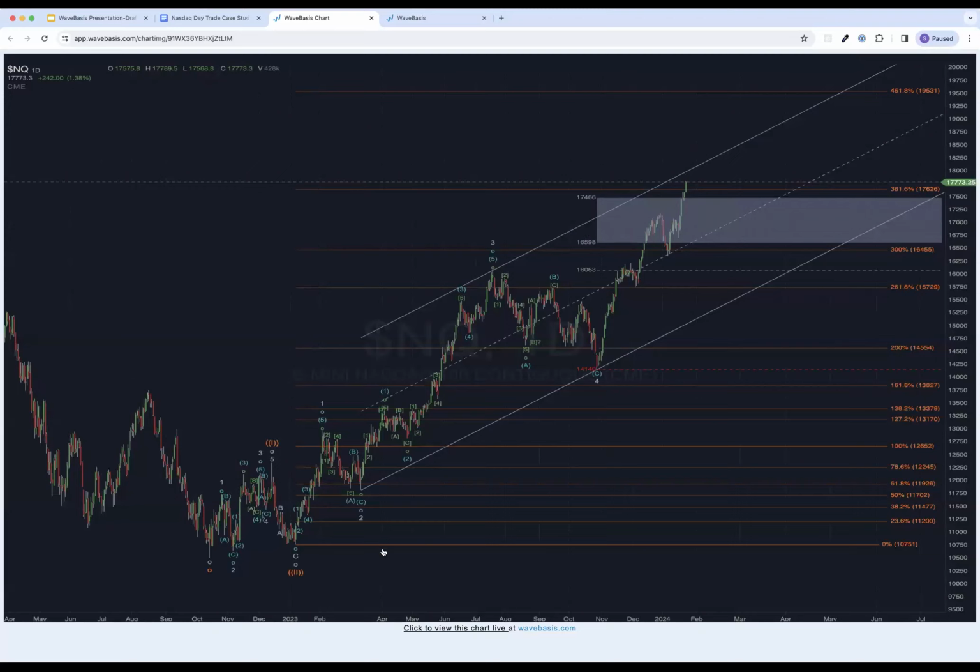Another thing we can see on this chart is we're at around the 3.618 extension for this higher degree orange wave 3 up here, which is a quite extended wave 3, but it's not atypical for a wave 3 that is subdivided. We'll talk more about that in a minute. I won't talk too much about the long term until the end.